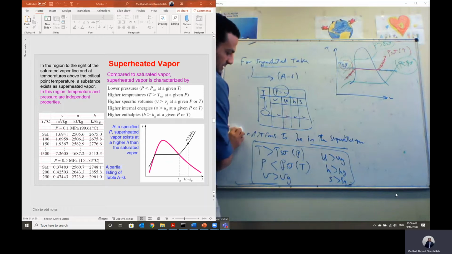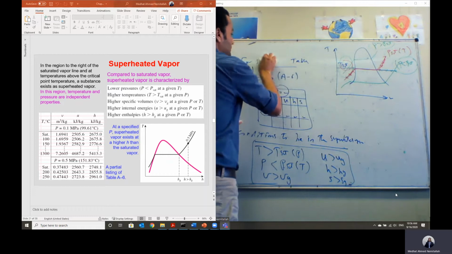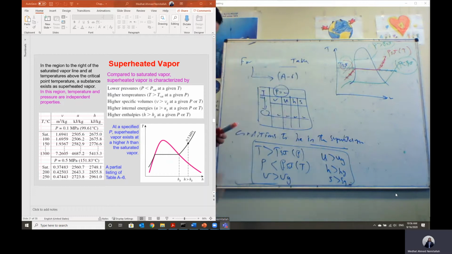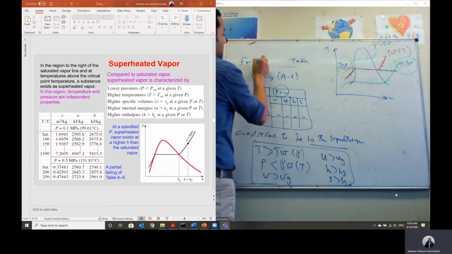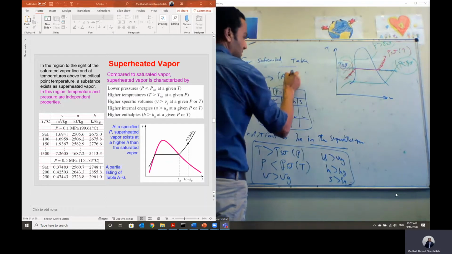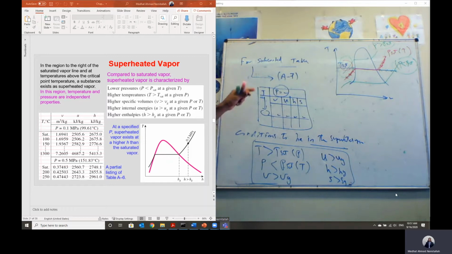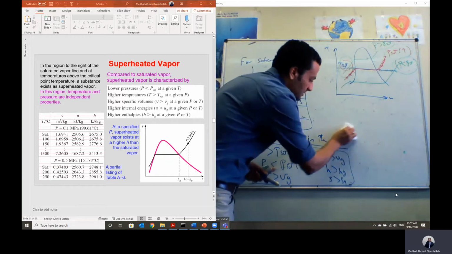For the subcooled table, it is very similar to the superheated table. For the subcooled table, I will be just using table A7. It is exactly the same as table A6. Table A7 also has a given value of pressure, and for a range of temperature will give you all the properties. And the condition to be in the subcooled region,